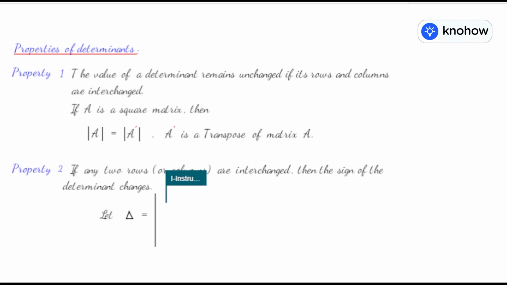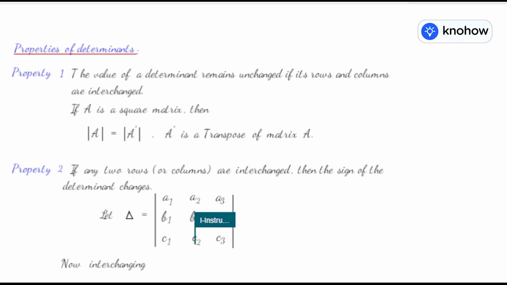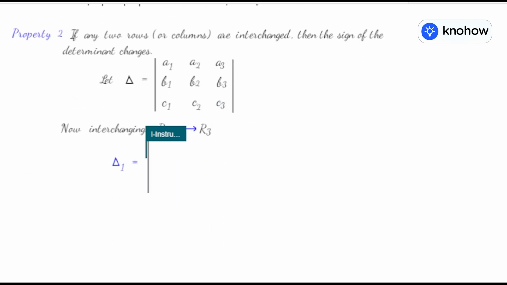Usually we denote a determinant by the symbol delta. A1, A2, A3 are the elements of the first row, B1, B2, B3 are the elements of the second row, and C1, C2, C3 are the elements of the third row. Now let us interchange the first row and third row, and we write R1 double arrow R3, which means interchange first row and third row, and let the new determinant so obtained be denoted by the symbol